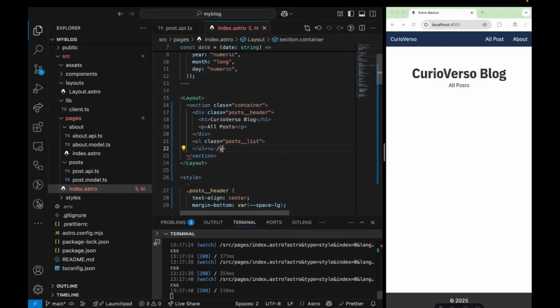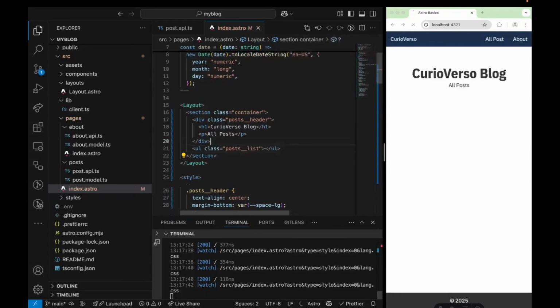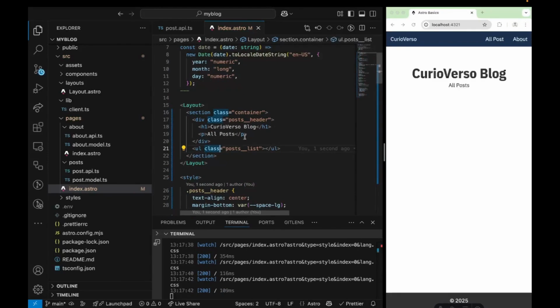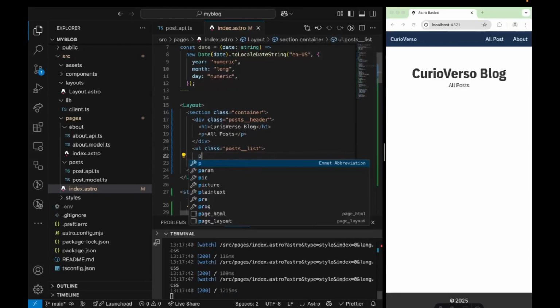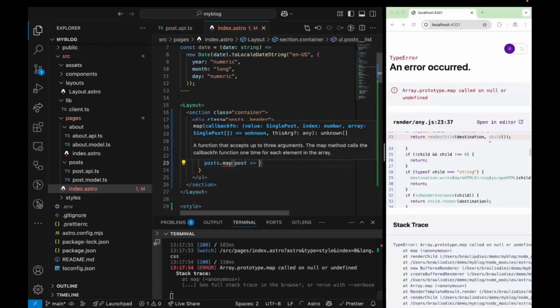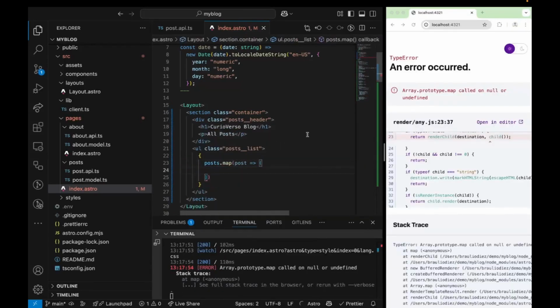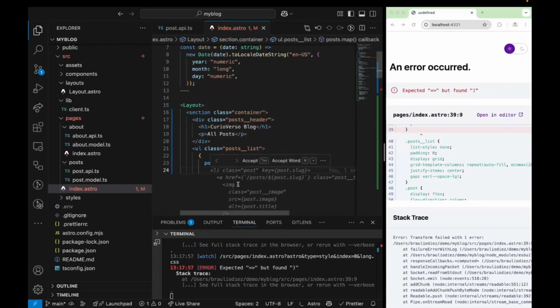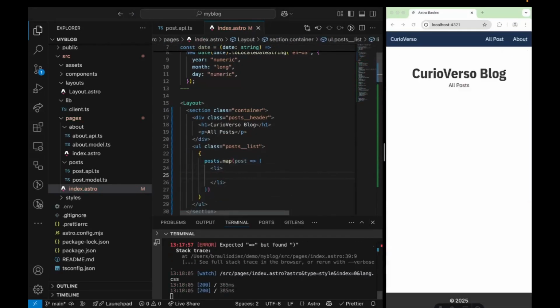Sorry, it was sticking out a bit here. The UL is ready. And now we need to insert the map we had earlier inside here. So we say, hey, from all the posts, we'll need to use curly braces to indicate that this goes here. JavaScript, posts.map, post. And here we're going to have something. What are we going to have? Well, a card with all the nice little things. That is, we're going to insert an LI. And inside the LI, an article telling it that here we have a post, the class post,